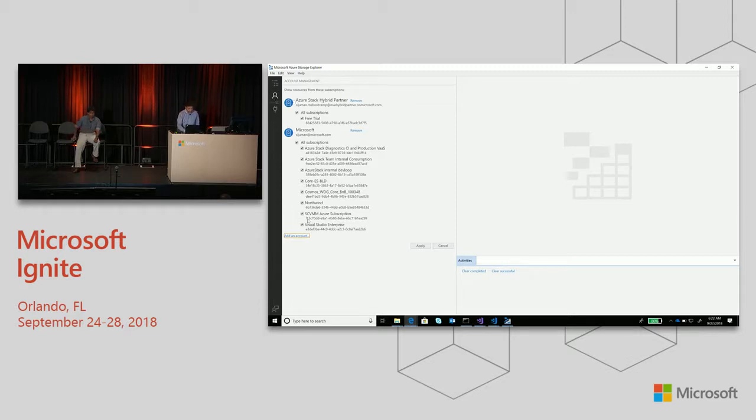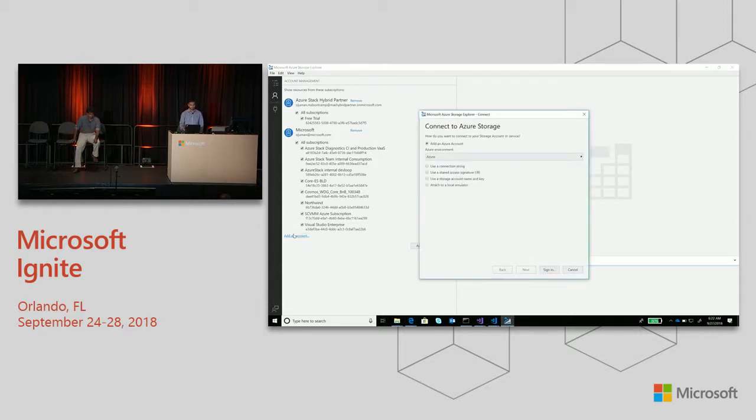Essentially, what you do is you click to add a new account. When you add that account, you're going to see that under Azure environment, you can use a custom environment. When you enable this and click next, you'll see already that my Azure Stack environment has been added. Now I can go ahead and delete this, but this was all enabled just by using the ARM endpoint that my Azure Stack has. And I can do this the same way for Azure Stack as I can do it for public Azure as well. That's how I was able to enable both of these cloud environments here.